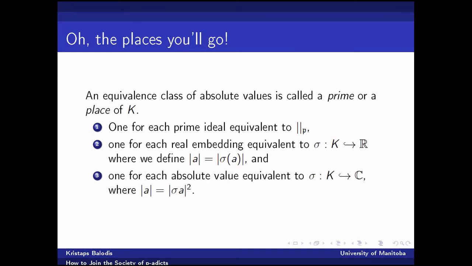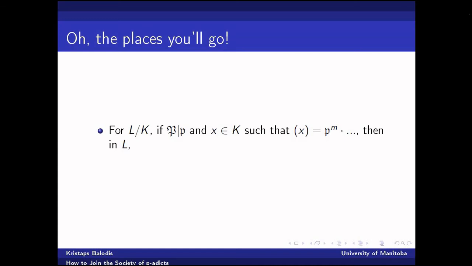And likewise, we get one for each complex embedding. However, in this case, we're actually going to define it to be the square of the Euclidean norm. And you might be a little concerned because the square is no longer an actual absolute value. It doesn't satisfy the triangle inequality anymore. But the reason we do this is basically so that it makes the product formula work out nicer for us later on. And really nothing's lost by having the square, because we could just take the positive square root and it gives us that absolute value back. And in fact, we don't even need that; we can still use the square norm to generate the equivalent topology.